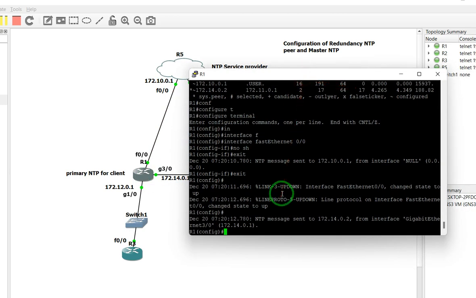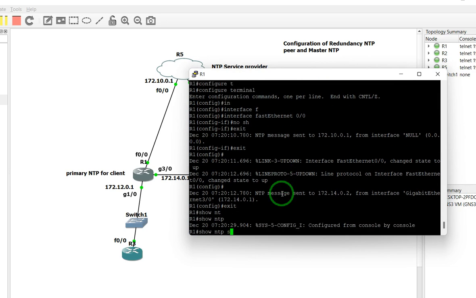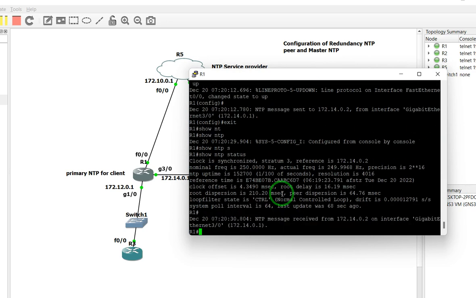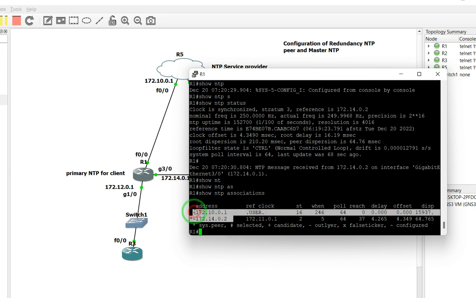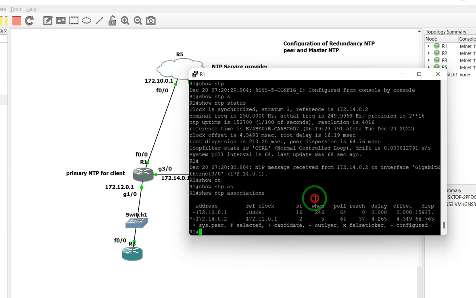So let's see. It takes some time. We will be back when it is synchronized and changed again. Each NTP configuration takes about 5 to 10 minutes to synchronize. So we will be back right